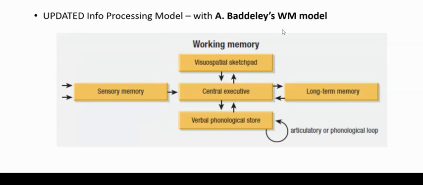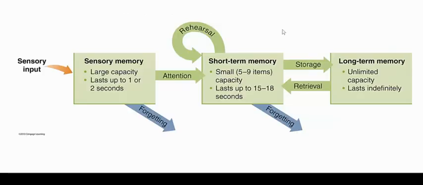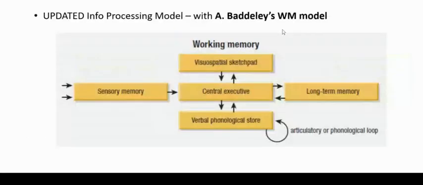Okay, now I just want to talk about this updated information processing model, right? We have this in our deck of slides already. So the only difference here is the one in the middle. Short-term memory becomes working memory. Why do we like to use the word working these days? Because working suggests some kind of active processing is occurring. So there's some kind of manipulation of all this information coming in. It's not just a passive